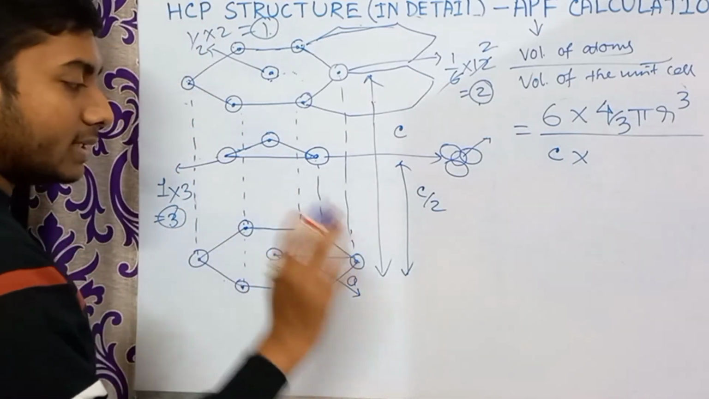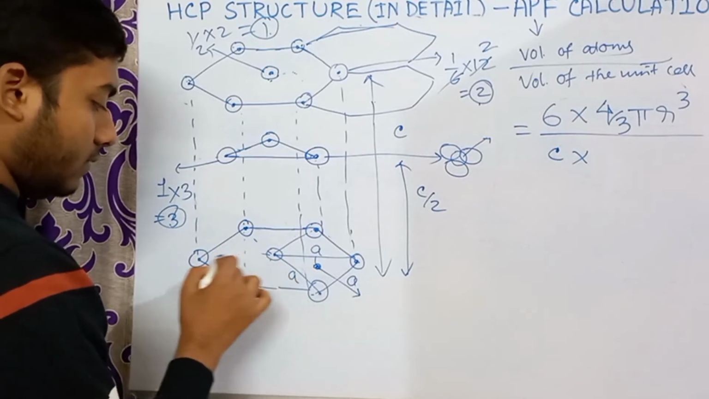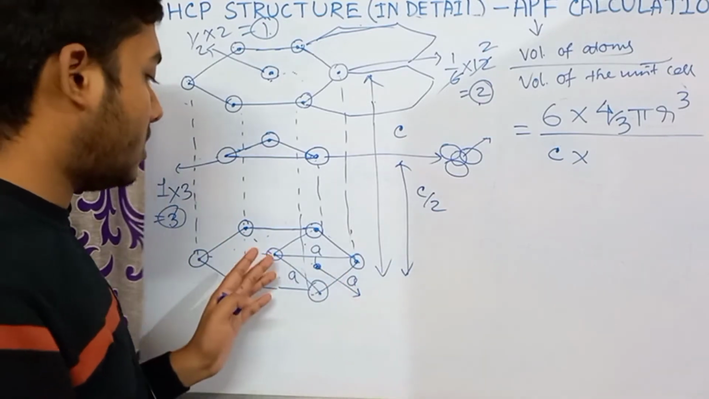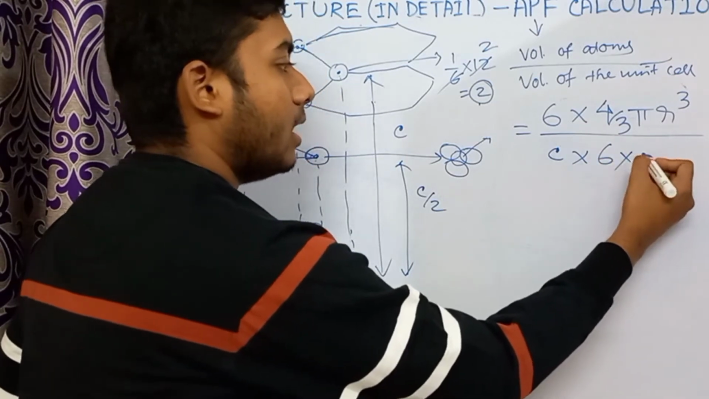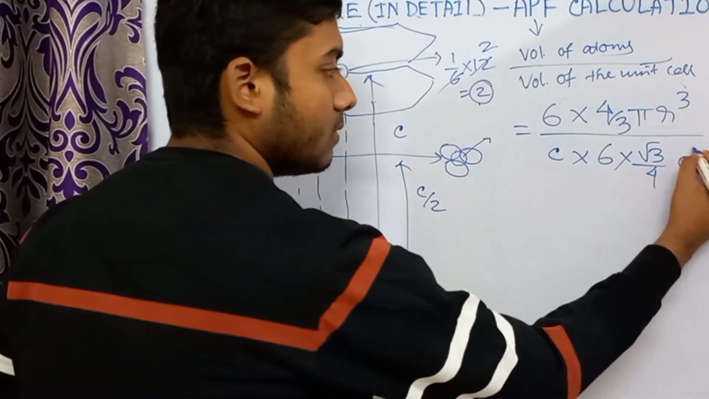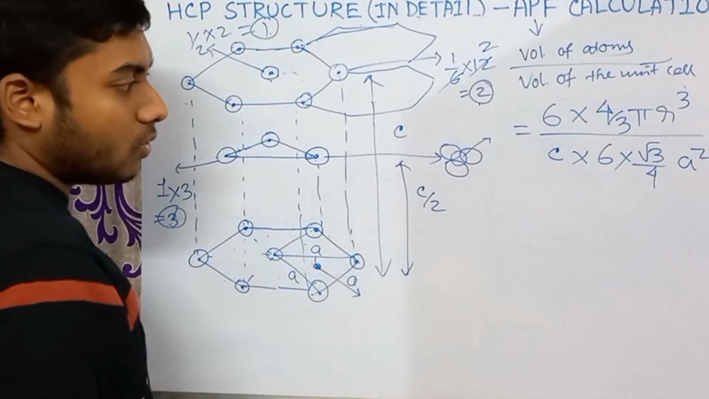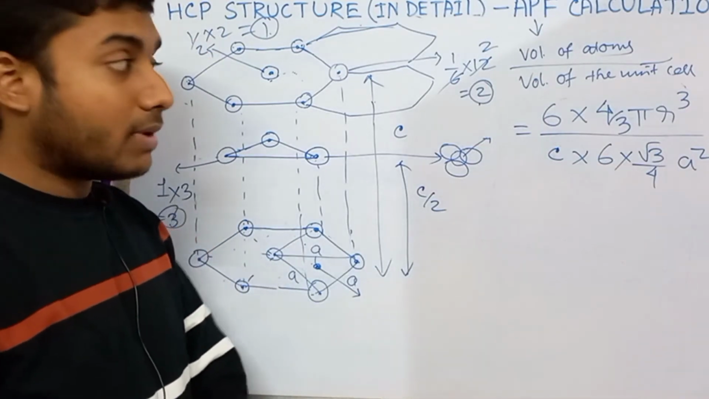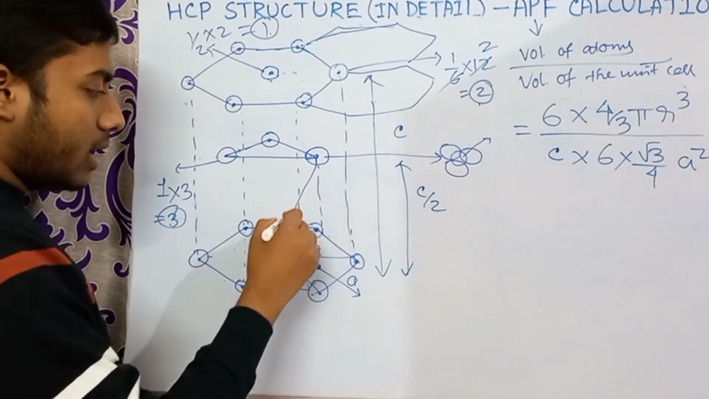So this is an equilateral triangle, and we can find 6 equilateral triangles here: 1, 2, 3, 4, 5, 6. That means the number of equilateral triangles is 6. So 6 into root 3 by 4 A square. Now we don't know the value of C here. So we just have to convert C in terms of A to get our answer, to get the atomic packing fraction. So for that we have to do a